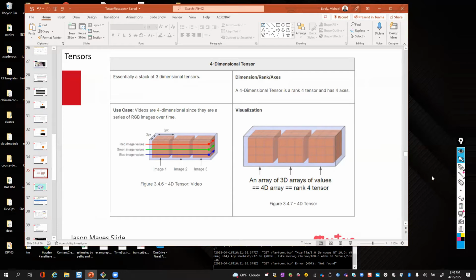If a rank 3 is one image, I start stacking up a bunch of rank 3s, and I've got a video. Absolutely. So that's an array of arrays of arrays of arrays. Rank 5 would be one more level of arrays. Hologram? Yeah, there you go, hologram. So guys, a tensor is a data structure, and it's an array. It's really easy to understand.